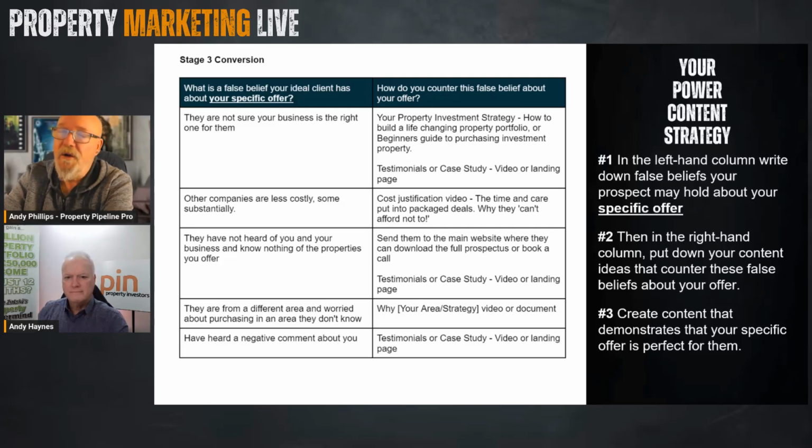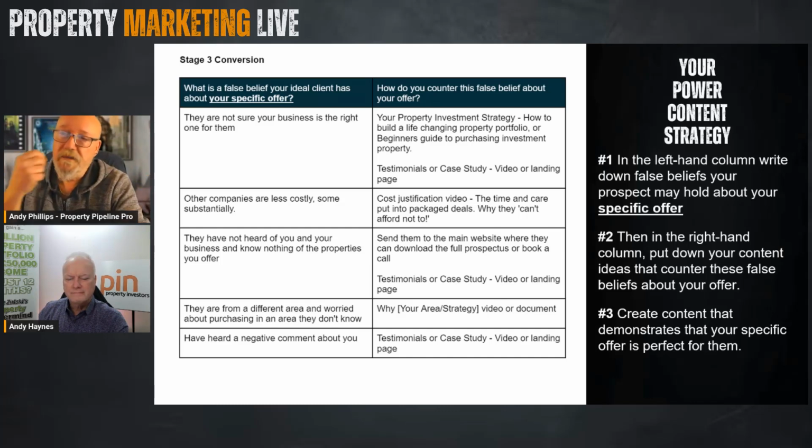You can start thinking about all that different type of content that's going to stop them thinking that and thinking something else, because that's what we're really trying to do. We're trying to get you to understand what the problems are, the blockers that your ideal clients may have about your business, you, them, generically the overall business structure. And if you can combat that before they've even talked to you, by looking at your content and reading this stuff, it shows that you are there to help them achieve their goals. And that's what people want. They just want to know what you can do for them.